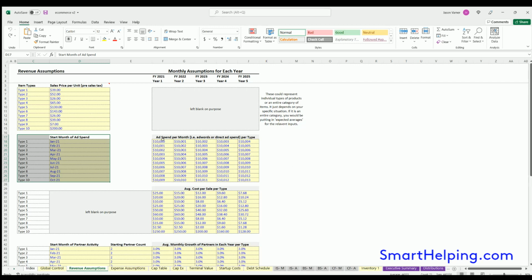So number one, you can do ad spend. So spending money, and then you could define your average cost per sale, and that will define your sales from the ad spends, which you just divide the spend divided by the cost per sale, and that'll get you your count of sales per month in each of the years based on this input. And then the unit count will multiply against the sales price to get your revenue. So that's the first